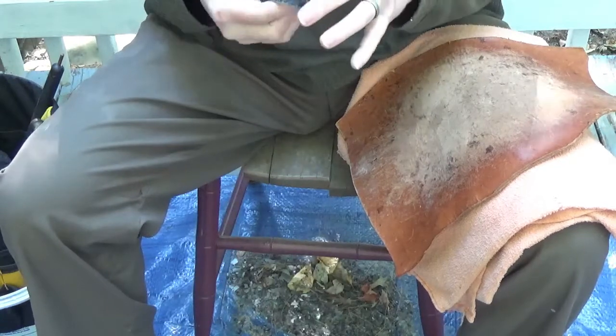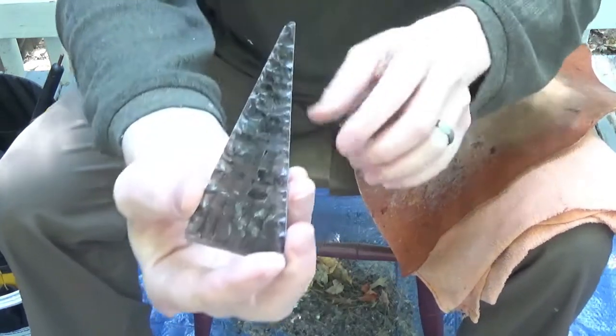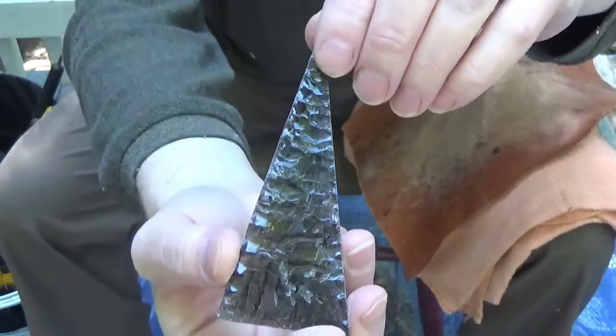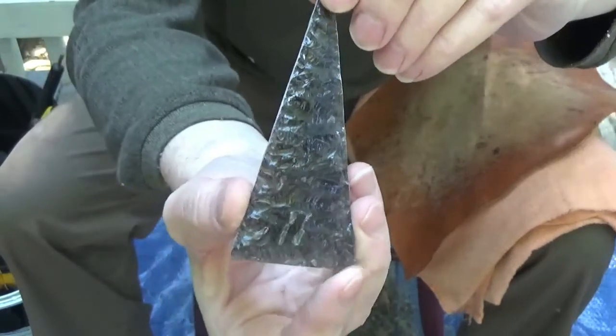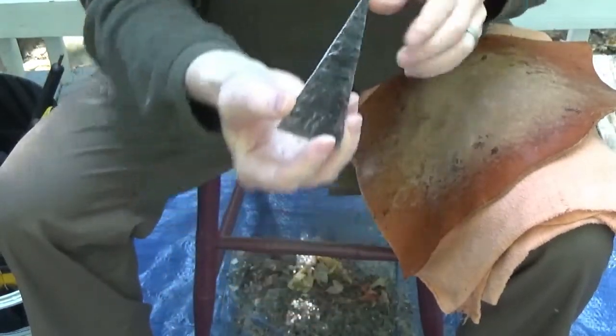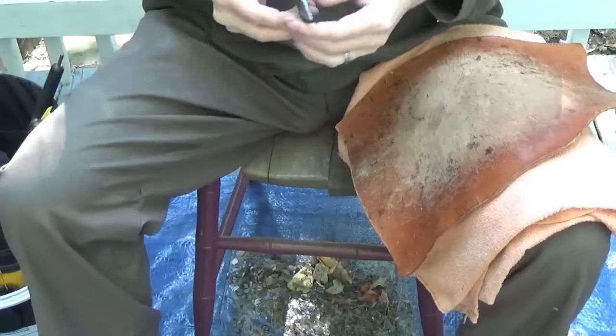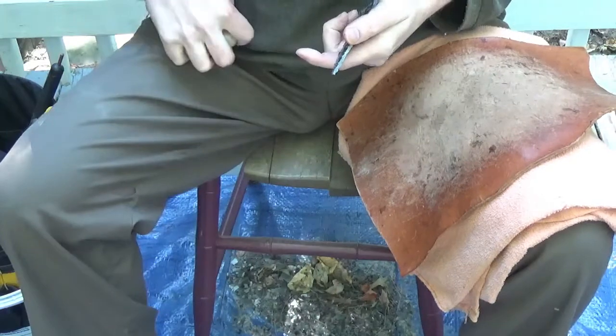But not exactly sure where it left off, but I deleted a bunch of stuff so I could make room for it. But you can see I was able to, and honestly I can't remember which side it was on, but I was able to get rid of those nasty islands, and I'm pretty happy about that. I'm really disappointed that the camera didn't catch it, not because I wanted to show it, not an ego thing or anything like that, but